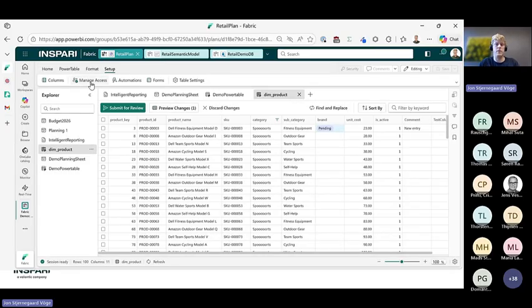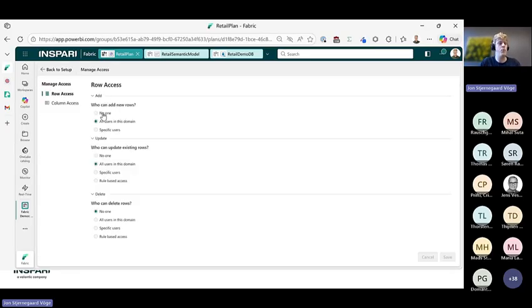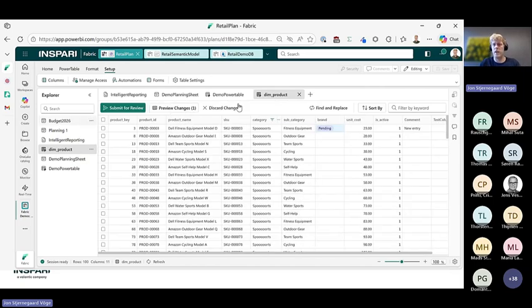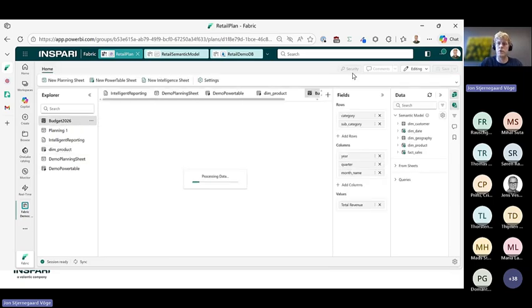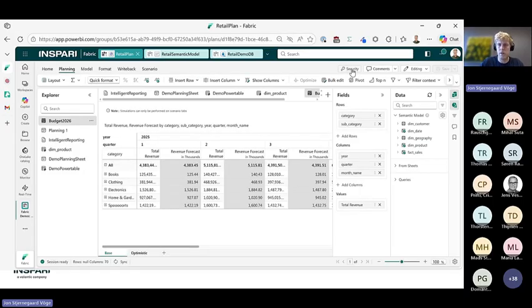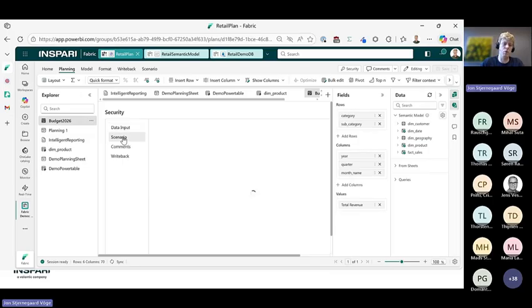And then, of course, there's the access aspect of this. Pretty comprehensive possibilities for managing object level access and row level security regarding both adding, updating, and deleting rows in your master data tables. And same goes for the planning sheet, by the way. In there, it's just going to be the security tab up here that you'll be editing your security options within. If only this would load. Here we go. I can make changes here to who are able to provide inputs, who can see scenarios, who can add comments, who can do write back.